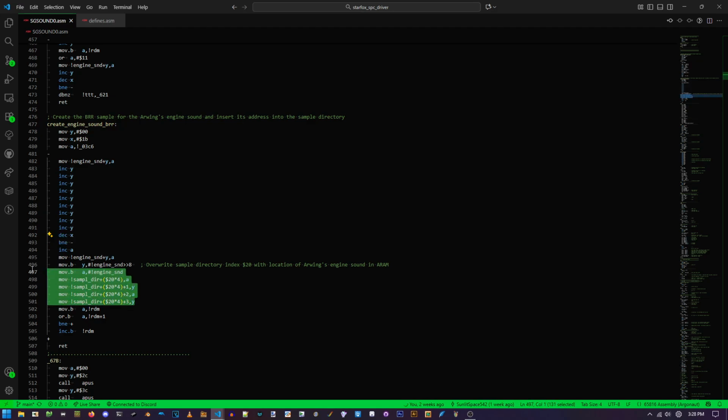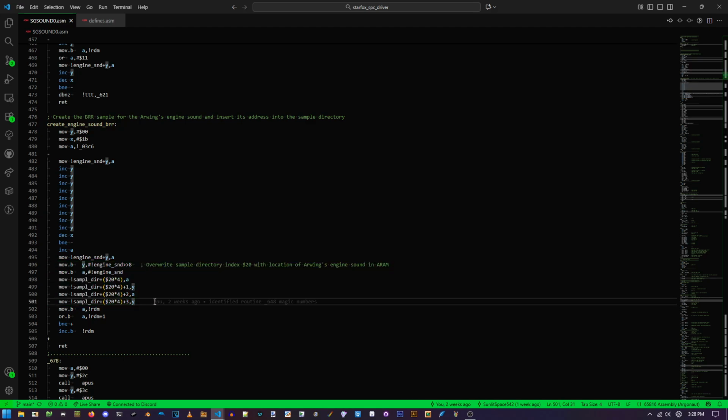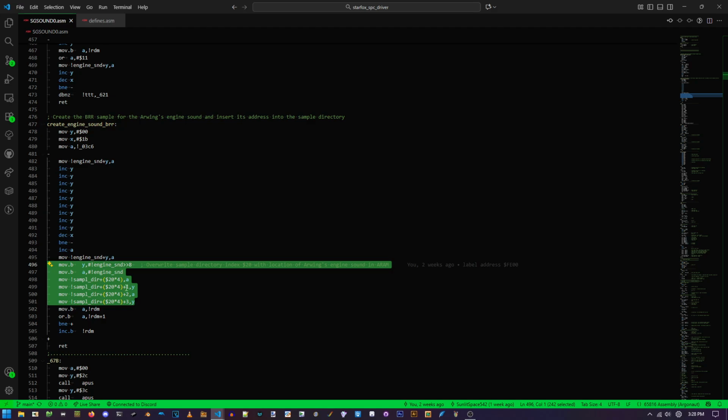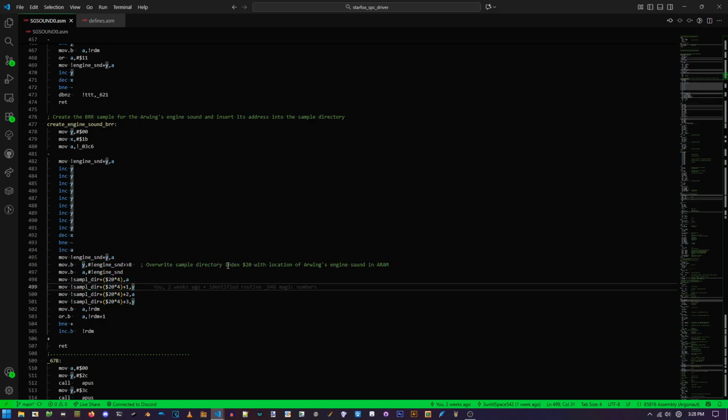And there's this here. Now, when I went and looked at the audio code in a debugger, I found that every time the original Star Fox loads a new set of samples, it runs this. And what this does is, now the engine sound sample is special in that it's generated in real time. It's noise that's attenuated and whatever else to make it sound like the R-Wing engine. Yeah, it's neat. So here, and this is something I find out later is completely unnecessary, it overwrites index hex